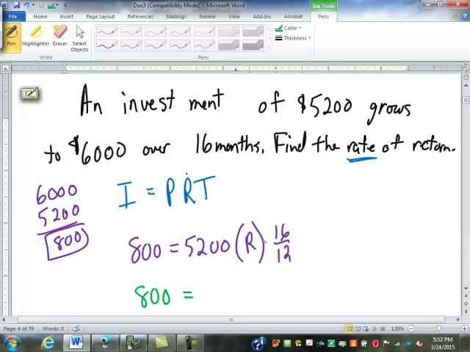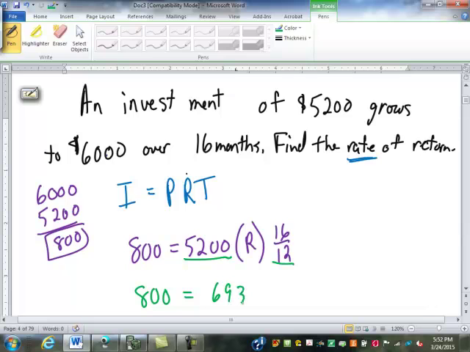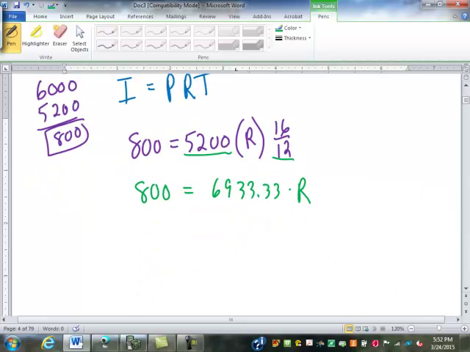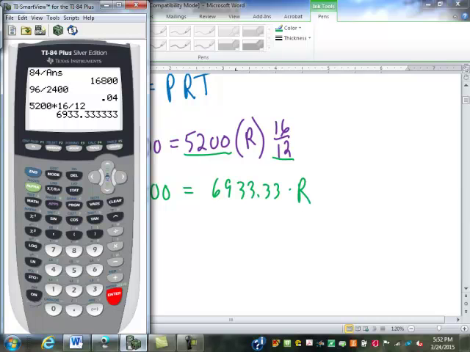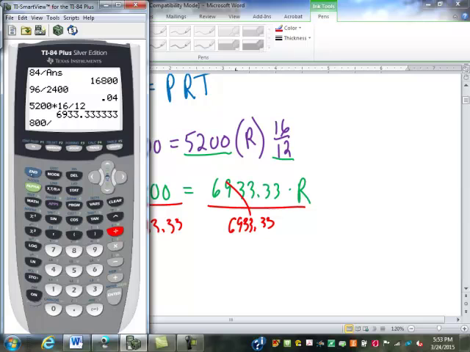It really doesn't matter. All I'm going to do is combine the 5,200 and the 16/12 right now. I'm going to do 5,200 times 16 divided by 12. That's actually going to give me 6933.333. So here's a case where I need to leave this in the calculator, because if I write this down and punch it back in, there's going to be a round-off error. Notice it's still sitting in my calculator, 6933.33333. My next step is to divide by that number. So I'm going to go 800 divided by, again, second answer. And it gives me